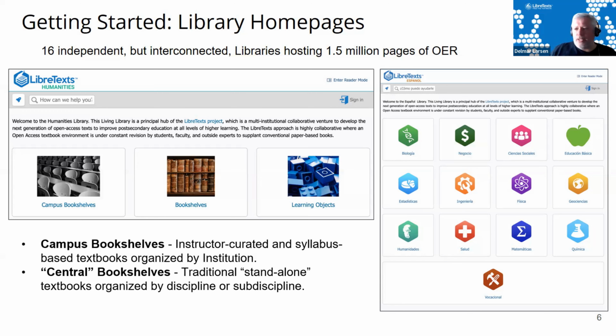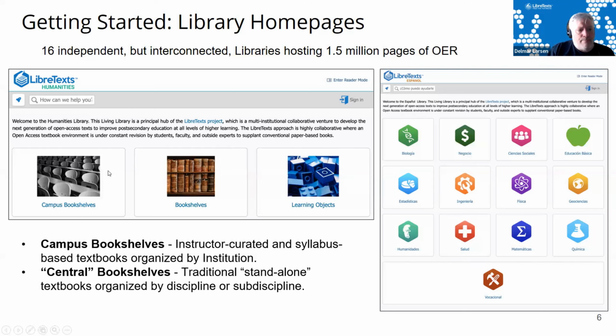So the buck doesn't stop at just hosting. In fact, anyone in academia understands that it needs to go much further than just publishing. I liken ourselves not just as a repository for content, but as a curatatory, which is a term that only I use out there. But the point is to emphasize that we're actively engaged in maintaining the content, curating it, moving it forward. And when people identify mistakes or other feedback to us, we then go through and update it so that everyone can benefit from that. And that's important because having just copy after copy after copy of incorrect or mistaken material out there doesn't do the community any good.